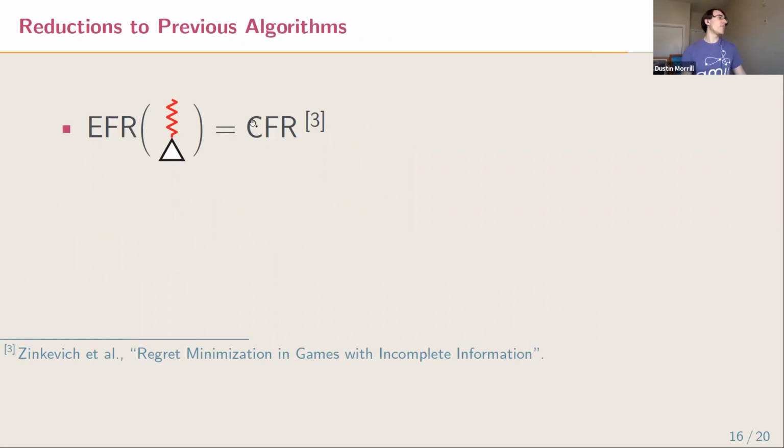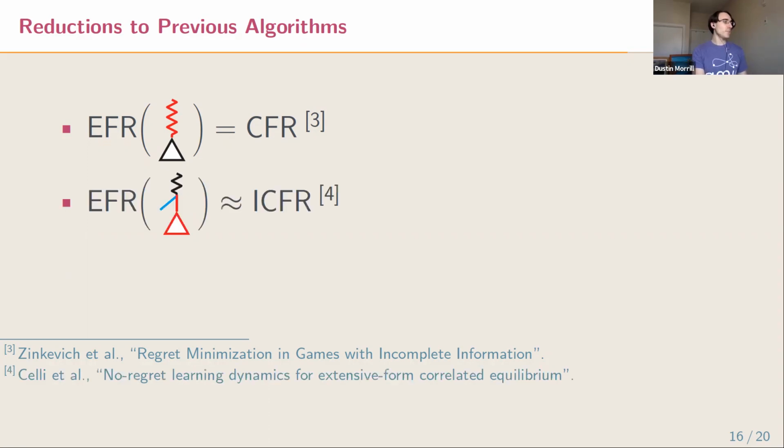So if we take the counterfactual deviations that look like this, that are going to play to some particular part of the game and then use the learner's strategy afterwards, we end up with the CFR algorithm that's been really successful in playing large-scale poker games. If we take the informed causal deviations, they're associated with extensive form correlated equilibria, they're kind of popular in the game theory literature, we get an algorithm that is essentially ICFR from a recent award-winning work at NeurIPS, I think from last year.